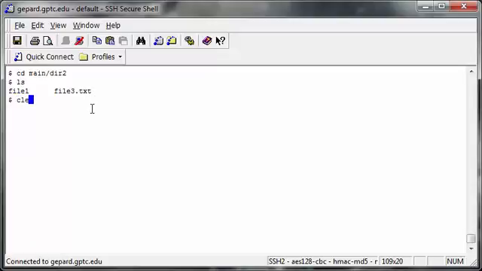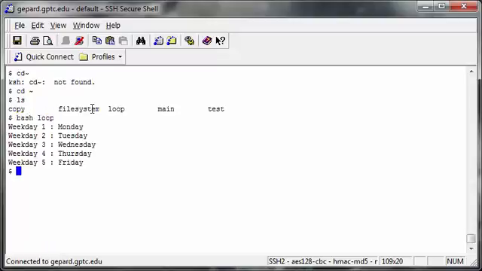The other thing that will be useful when you're doing scripts is a loop command. I did one that has nothing to do with the file system that we created, but it's called loop, so we'll just run it. And basically it displays weekday 1, 2, 3, 4, 5. This is out of the book Programming Logic and Design, and it's a simple one, but if you look at it in the editor,